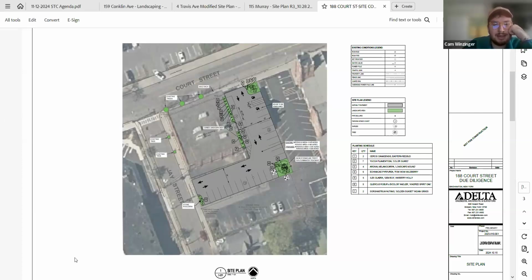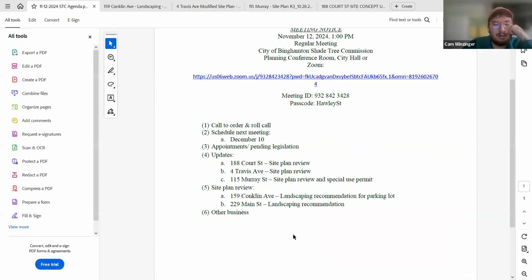In cases like this, I don't know how to ask this question without sounding crass. Is it kind of just like they're asking us because they have to and they're going to do it regardless of what we say? Well, the City Commission would get asked for advice on the species of landscaping, or what would be more suitable for the parking space. But they're not really asking you. I mean, they're asking for your opinion on those things, but not if they have to acquire the variance from the zoning board for that.